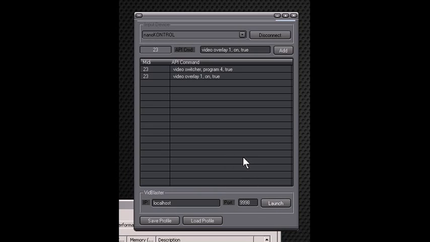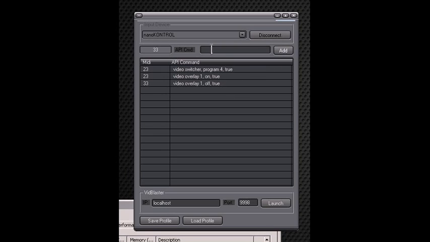Let's go back to our nano control, and let's number one, we're going to stop it, and let's add another control. And I'm going to use it on the bottom button of number 1. And so that's going to be number 33. I don't know if you saw that change to 33 right there. And so the very first thing I'm going to do on this one is I'm going to tell it video overlay off, comma, space, true. So that's the command I'm going to add next.